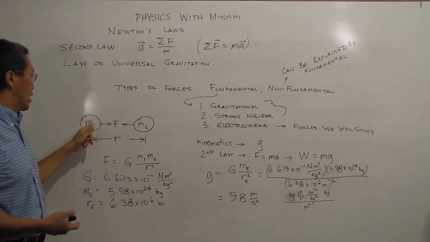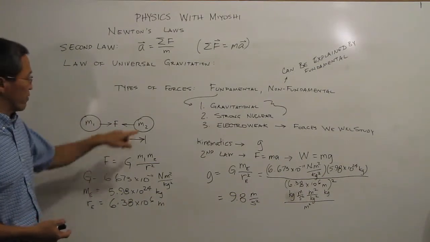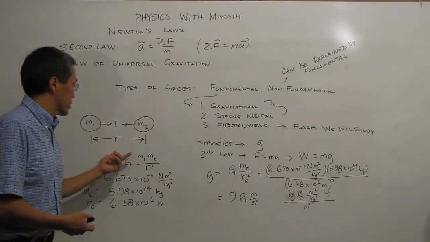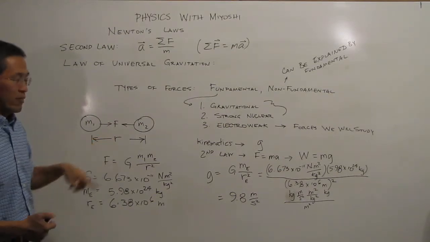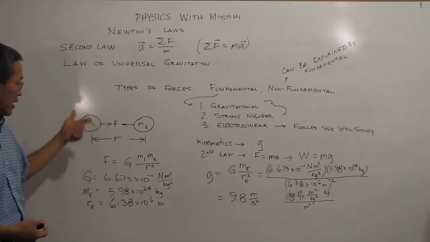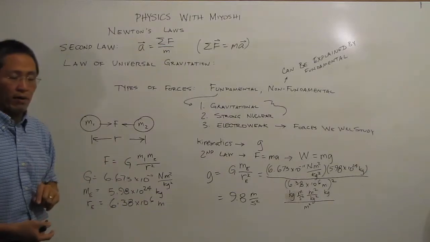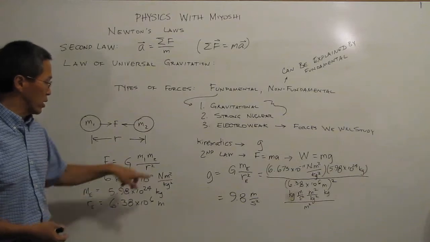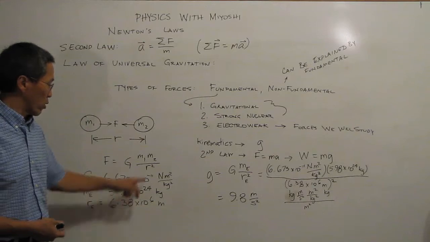So there would be a force exerted on body 1 by body 2, and an equal and opposite force on body 2 by body 1, that was proportional to their masses and inversely proportional to the distance between their centers. And what that translated to was an equation that looks something like this. Force is G, the gravitational constant, times the mass of body 1 times the mass of body 2, divided by the distance between their centers squared, or r squared.